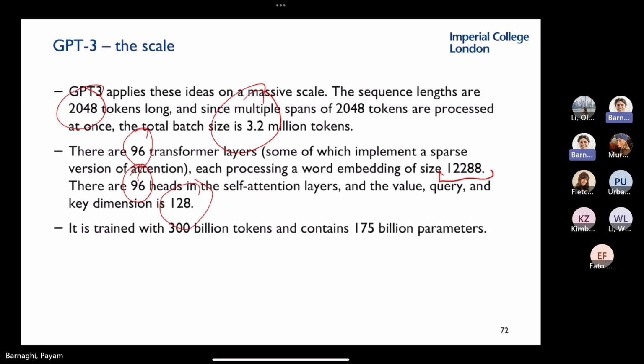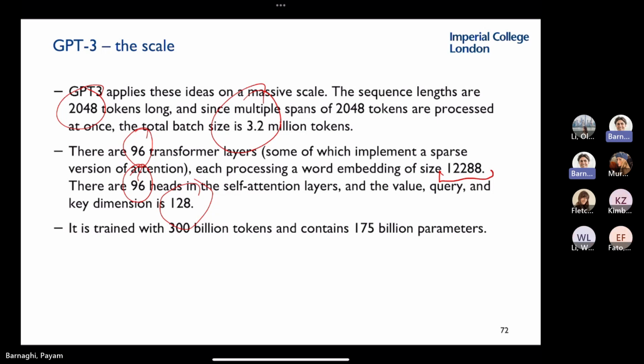Olivia, this is your earlier question. They have changed the dimension they use for the value, key, and query. They've trained on 300 billion tokens, and it contains 175 billion parameters. This is GPT-3 for you. In reality, it's just the transformer we looked at today. It's just a large number of them. But in reality, the architecture is largely the same. I'm not saying the entire work OpenAI has done just boils down to that. It very largely uses the same architecture. I hope it makes sense.